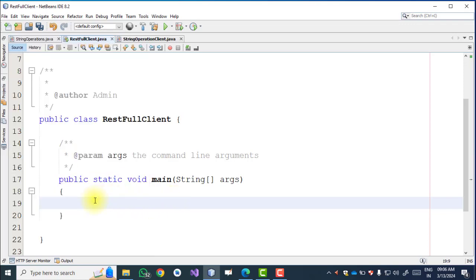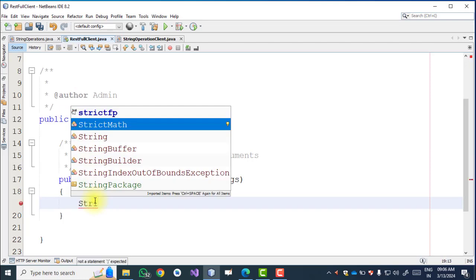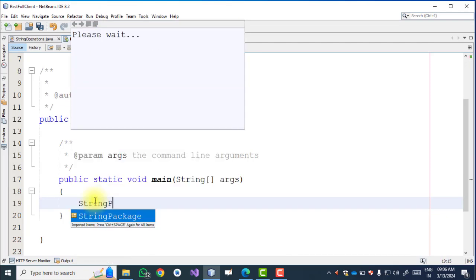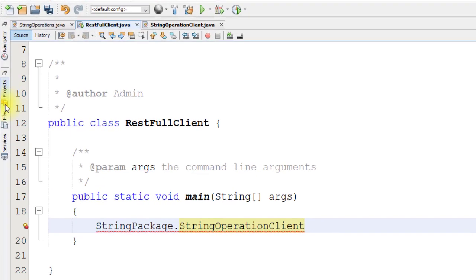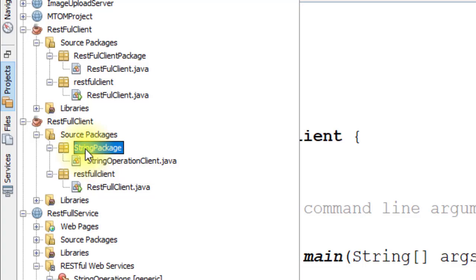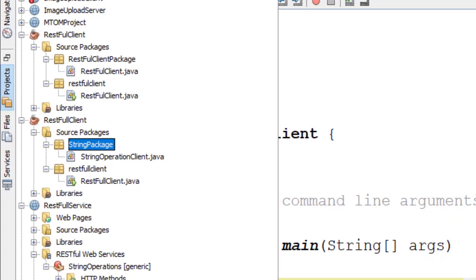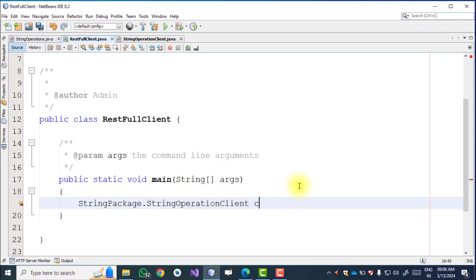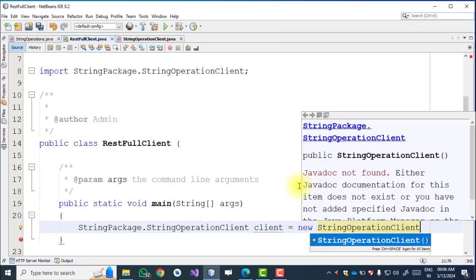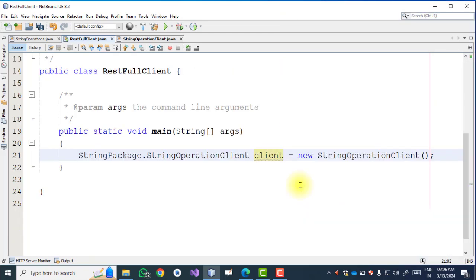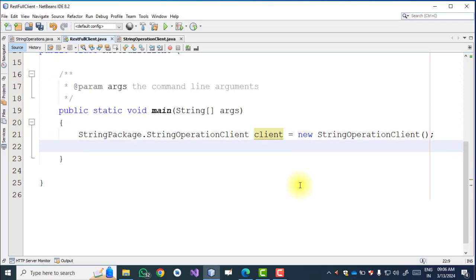So now here we write string package dot string operation client, right? यहाँ पे अगर हम लोग ध्यान दें, right, we have a string package, within that we have a class string operation client. This is my client, so I am giving an object name as client equals to new, control space, and this. तो यहाँ पे हमने ऑब्जेक्ट बना लिया.